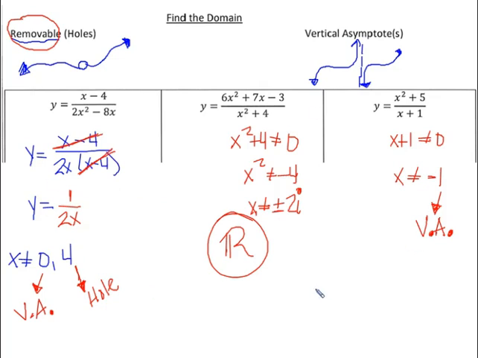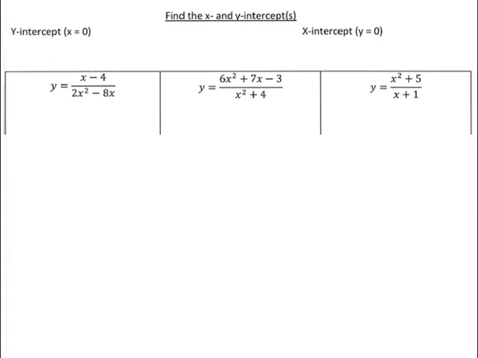So a little refresher from the beginning of the year, we're definitely going to be needing these in this section when we talk about graphing these rational functions. Something else we can find in order to help us graph rational functions are the x and y intercepts. So if you think about a graph,